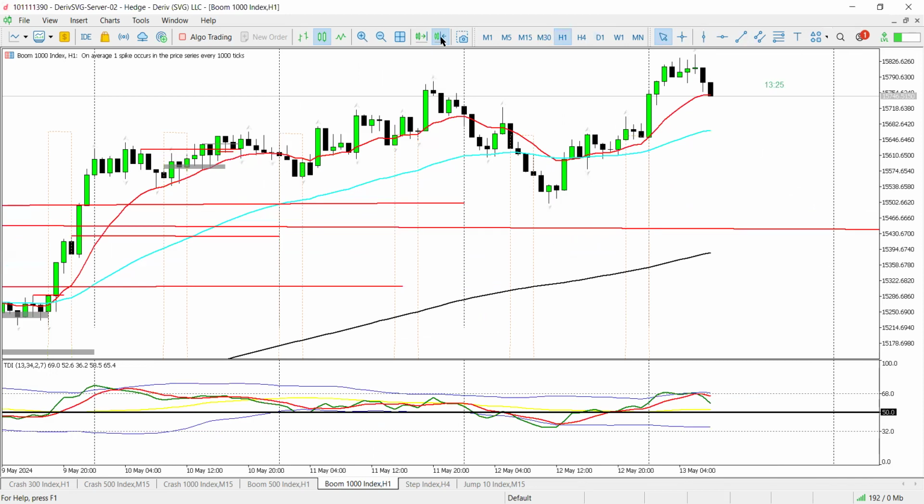So if there is no bias or if there is confusion, just wait for price to come above the 13 EMA. Like I said, for example, here we came above, then bought. If we get a rejection here, we can get a short-term buy. But as long as we're pushing down, I have nothing. Maybe we might get a reaction here on the 50 EMA. So that's the only order block which I can